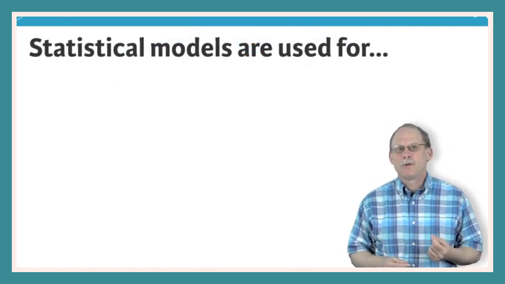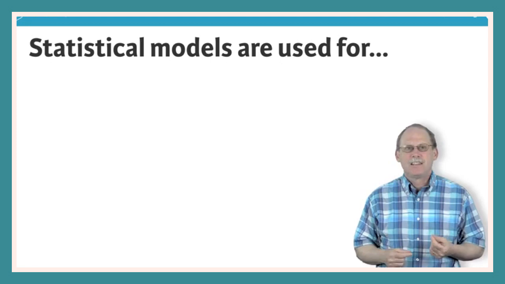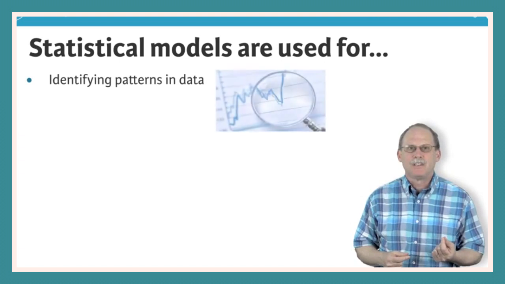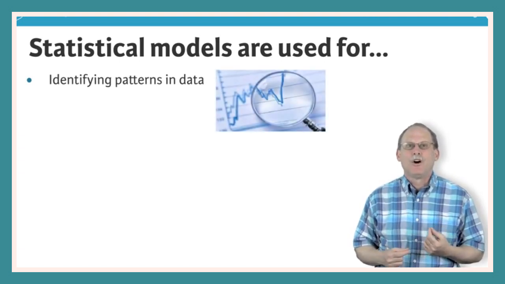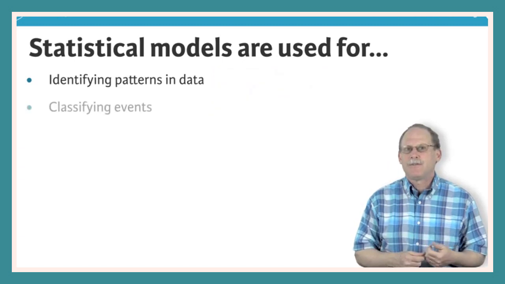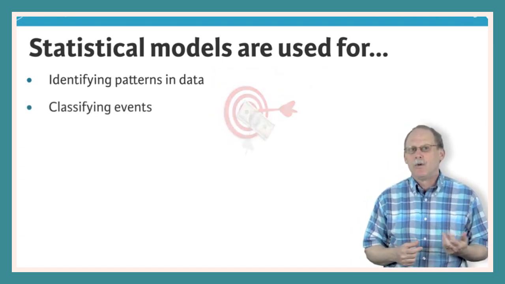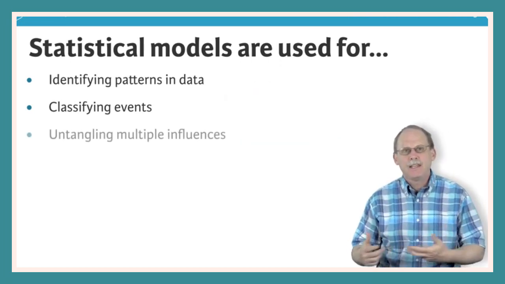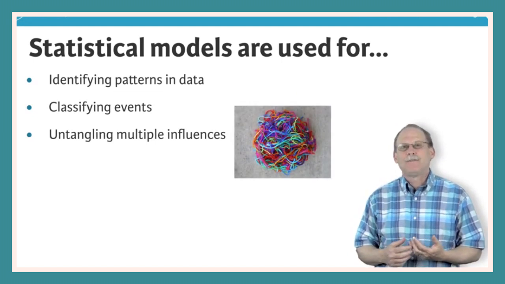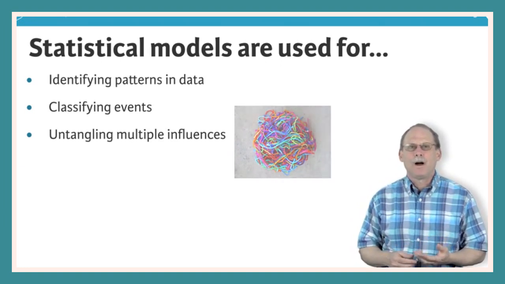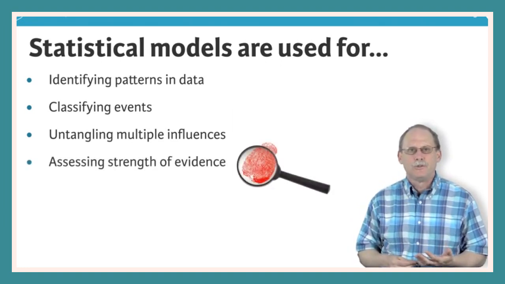Statistical modeling is one of the most important aspects of dealing with data. A statistical model is a kind of summary of data. The summary can be a way to encapsulate patterns in data. Some of these models are what's called machine learning. The summary can be a way to translate from existing observations into conclusions. For instance, classifying a sales prospect as strong or weak, or a wine as excellent or poor. Very often, models are used to untangle the many influences that can shape an outcome, quantifying how each influence contributes. And models are an essential part of the process for quantifying the strength of evidence for a conclusion provided by